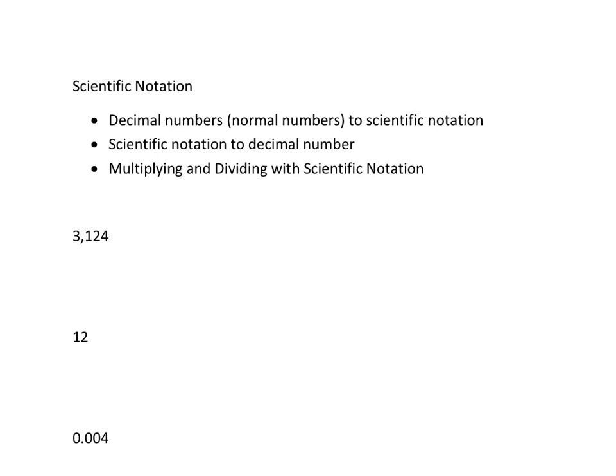This standard is about using scientific notation. We'll start by turning regular numbers, which are also called decimal numbers, into scientific notation. Then we'll go from scientific notation back to decimal numbers, and then we'll do some arithmetic with multiplying and dividing in scientific notation. So first of all, here's a normal number,